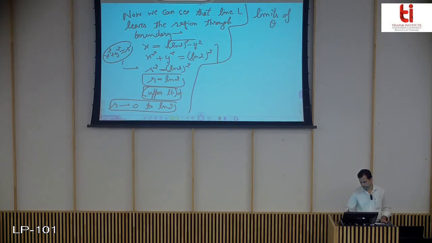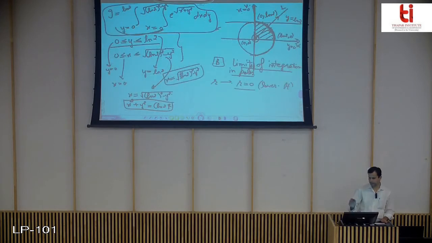Limits of theta. Now we need the values of theta which enclose this region. Since this is a circle, clearly theta equals 0 and theta equals pi by 2 are the values of theta that enclose this region. Since r equals ln2, for theta equals 0 you will have ln2, and for other values it will go decreasing, until theta pi by 2, because for a circle we do not have any such confusion like we have in other polar curves.